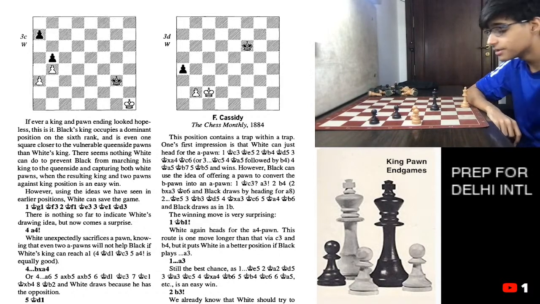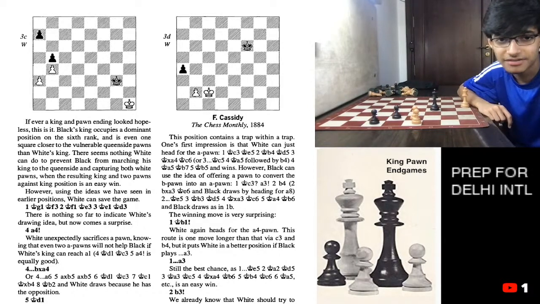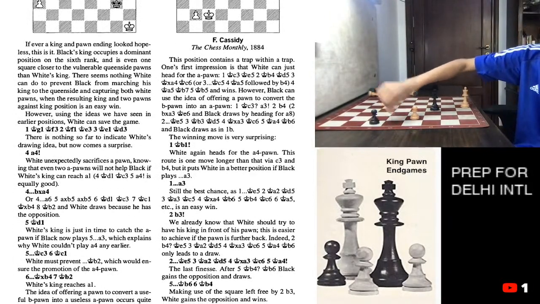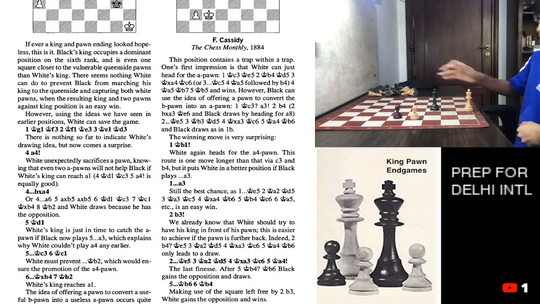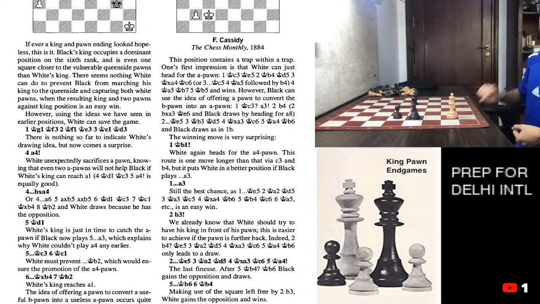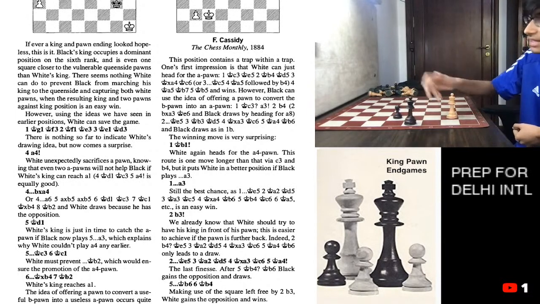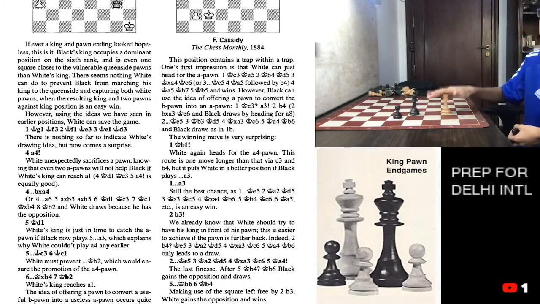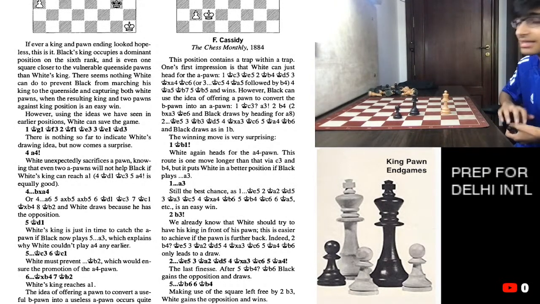Alright, but over here, let's see what they have to say. Here you just take a into b5, a into b5, king d1, king c3, king c1, and after king into b4, we just take the opposition ourselves, and now king a2 is met with king a4, which is met with king a2, and king c4 is met with king c2, and white always maintains the opposition, resulting in a draw in